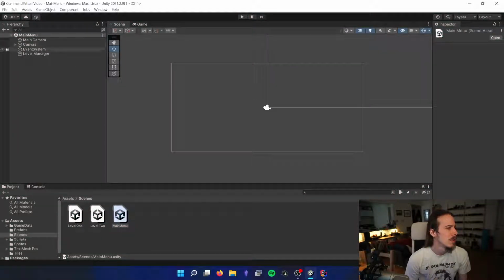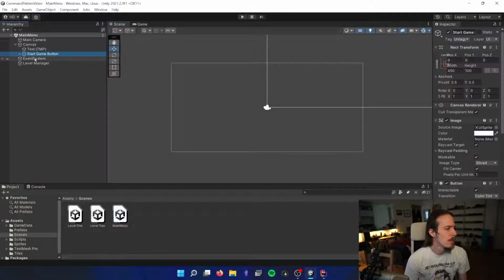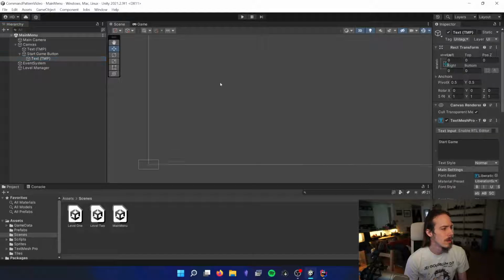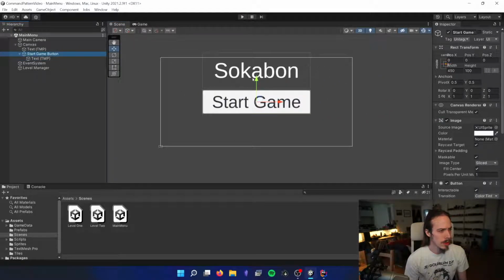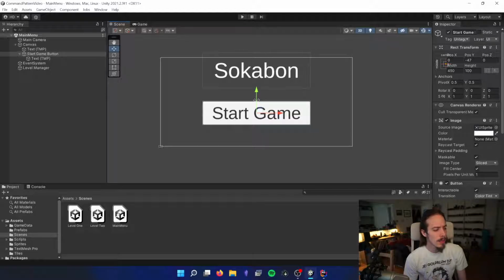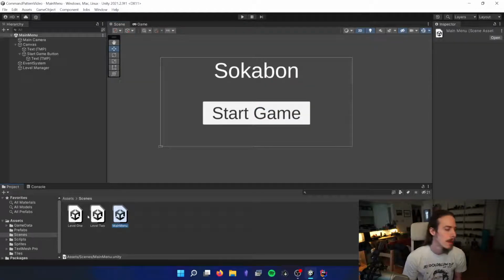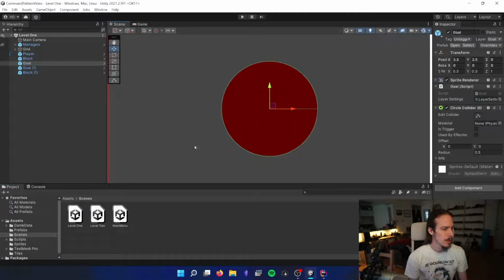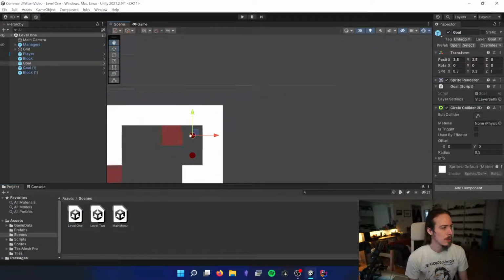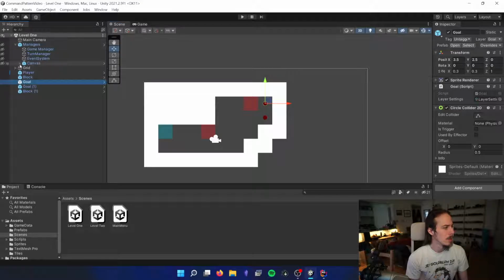So, I want this button to start the game, and I want to do that by changing to another scene. And then when I am in a scene, I want to be able to win, and when I win,